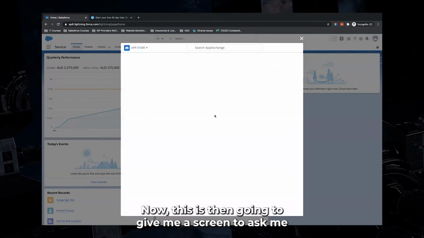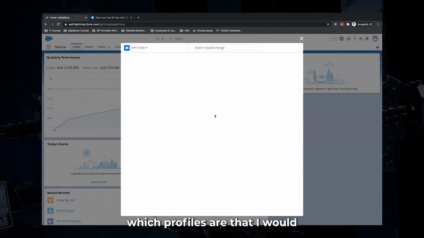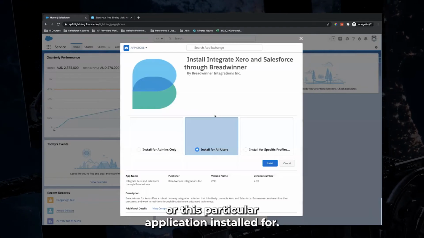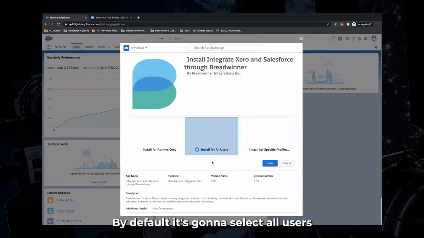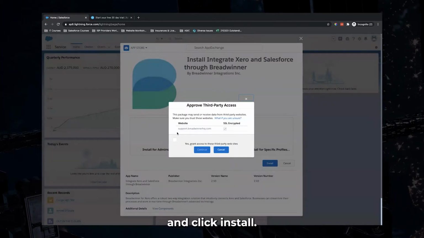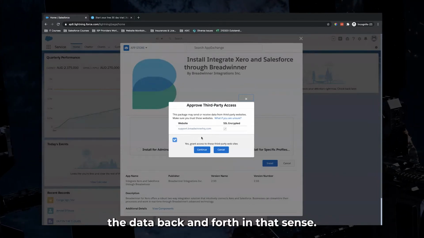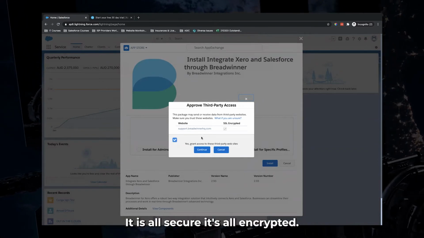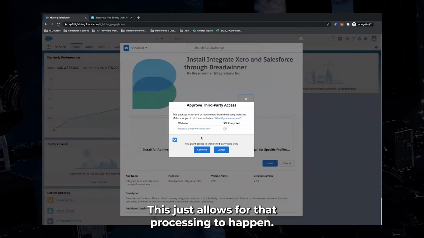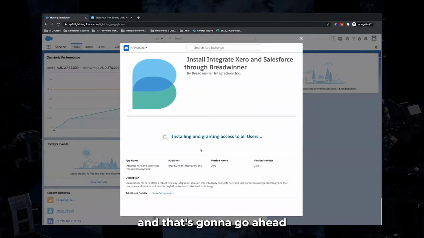Now, this is then going to give me a screen to ask me which profiles I would like to have this particular application installed for. By default, it's going to select all users because it's not license-based. So I'm going to leave it at all users and click install. Now, this does use Breadwinner's service to be able to send the data back and forth in that sense. It is all secure, it's all encrypted. This just allows for that processing to happen. So as a result, I am going to accept this and click continue,